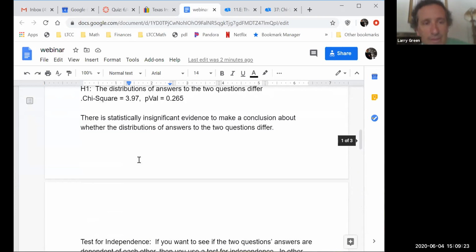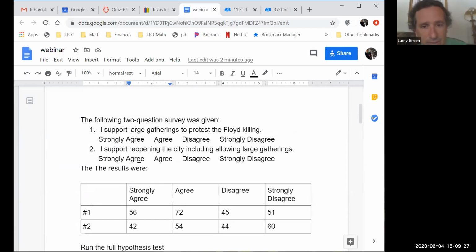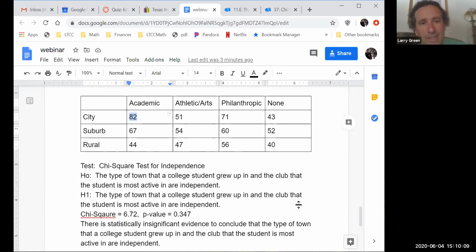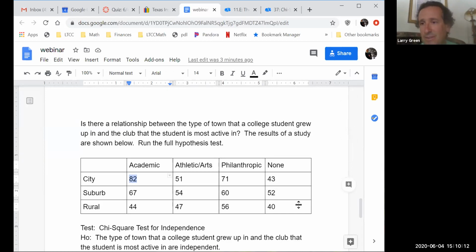And just a note, same is true over here, you've got to make sure everyone's bigger than 5. Does that make sense? Okay, and same was true for goodness of fit. All the expecteds have to be bigger than 5. If they're not all bigger than 5, then you shouldn't even do this test. What should you do if they're not bigger than 5? Right? If you were conducting a study on any of these, the one we just did, for example, and you don't have bigger than 5 for your counts,